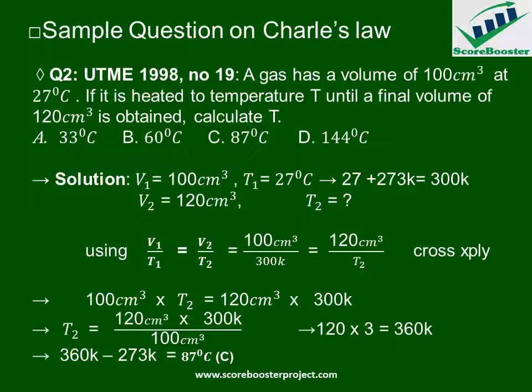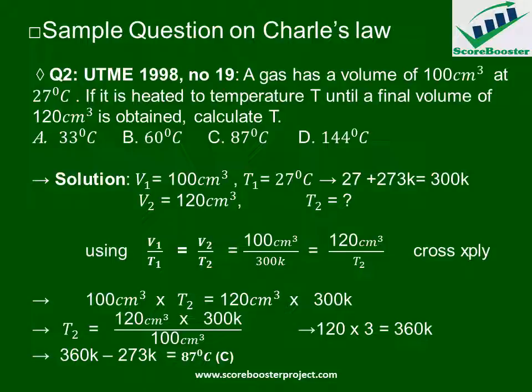Now using the equation of Charles's law, we state that V1 over T1 equals V2 over T2. If we substitute, that will be V1, which is 100 cm cube, over T1, which is 300 Kelvin, equal to V2, which is 120 cm cube, over T2, which is unknown. So we can cross multiply to get 100 cm cube times T2 equal to 120 cm cube times 300. Then we can make T2 the subject by dividing through by 100, and that will give us T2 equals